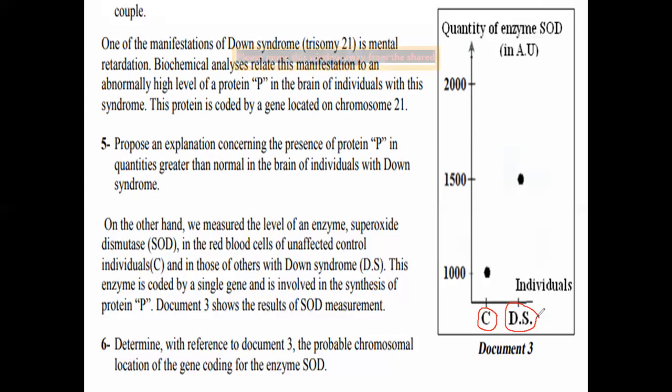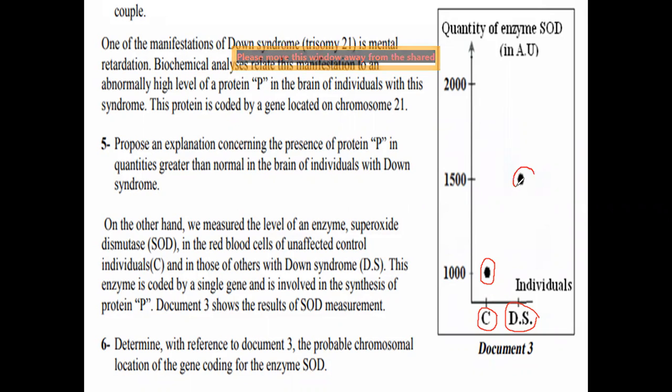We have first that the quantity of the enzyme SOD, in arbitrary units, was 1000 in the control individual. However, this amount of SOD enzyme increases in the case of the Down syndrome individual